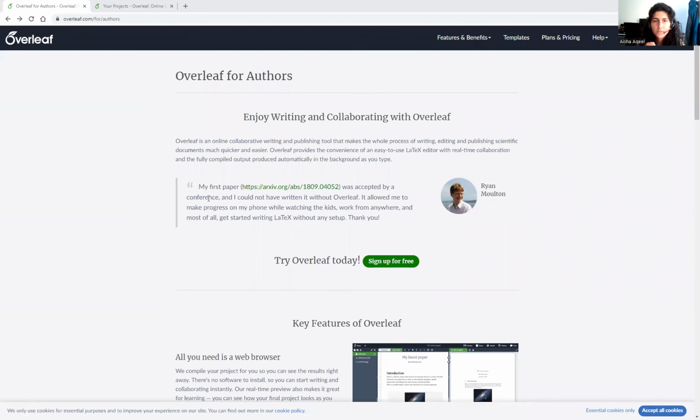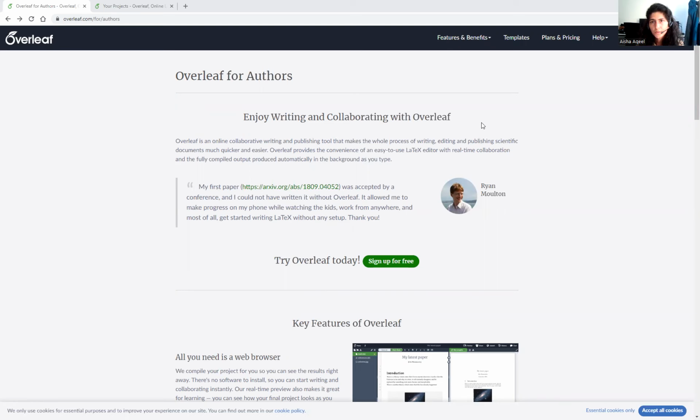Overleaf is an online writing tool. If you just search Overleaf in any web search tool, Google Chrome or Explorer, you can find Overleaf. It will give you such a window.